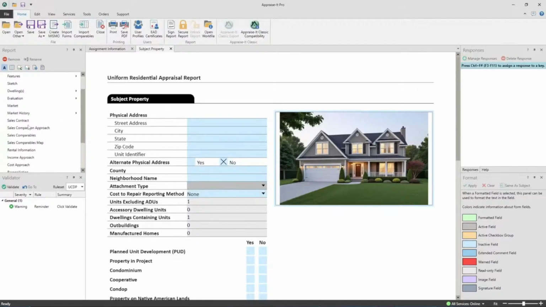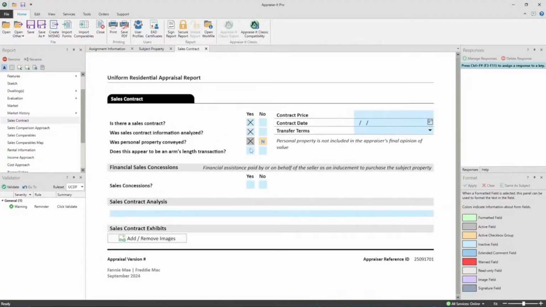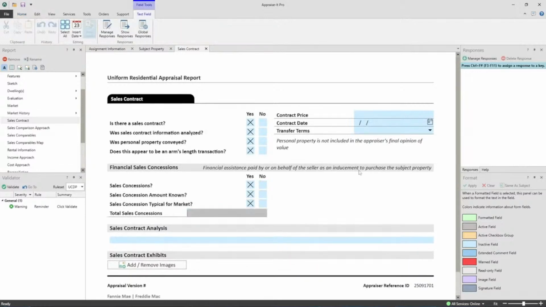And the way that this works is as you start checking these check boxes, right now there's no sales contract in this report, so it just says sales contract, no. As soon as I say yes, things start happening. Things start filling in here. Things start morphing, because remember, this is a dynamic report. So I can come up here and do 550,000. I can type in a date here if I want, or I can use a date picker,